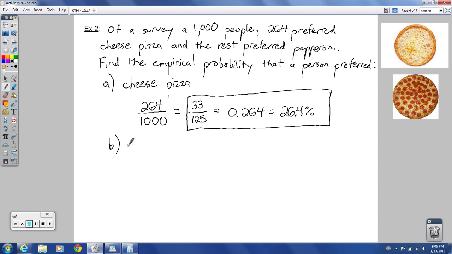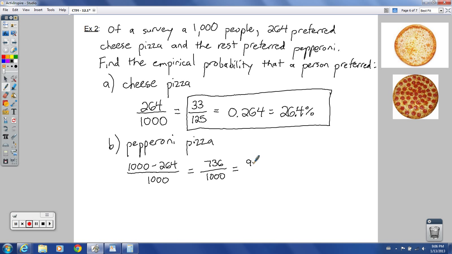And let's say part B, pepperoni instead now. It said the rest preferred pepperoni, so we didn't actually calculate that number, but that's pretty easy to do. You just take 1,000 minus the 264 if the rest of them liked pepperoni, and we put that over the total, 1,000. This minus this is 736 over 1,000, and this you could reduce, you could divide both parts by 8 again. You would end up getting 92 over 125. This though, move the decimal 3 spots, you're going to have 0.736 or